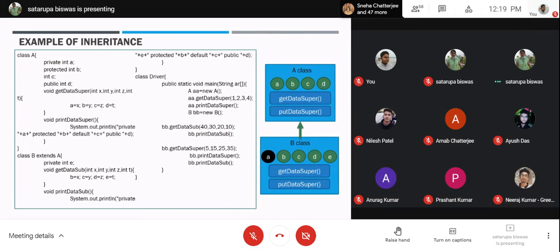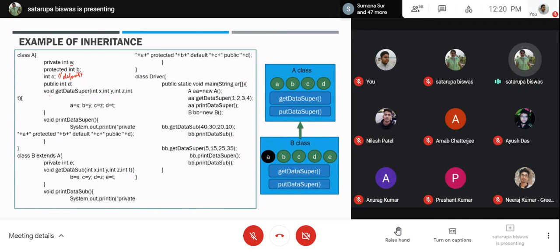Example of inheritance. You can see we are starting with class A, where inside we have a private variable A, a protected variable B, a default variable C, and a public variable D. So all these have different access specifiers.